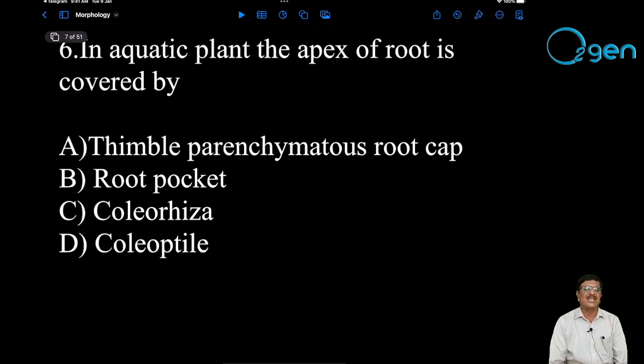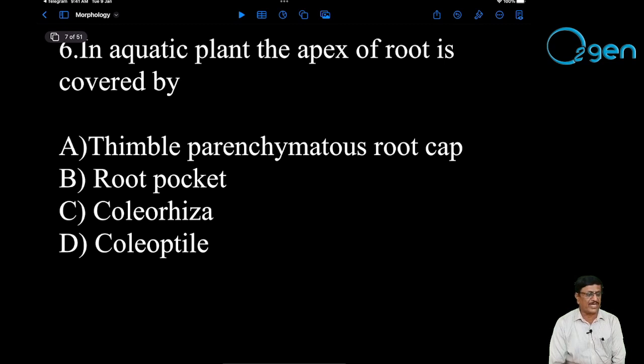You studied in the synopsis that the root tip is covered by the root cap because the meristematic tissue may get damaged when there are hard substances in the soil while it grows through the soil, and that can damage the root. Here the question is, in aquatic plants, the apex of the root is covered by